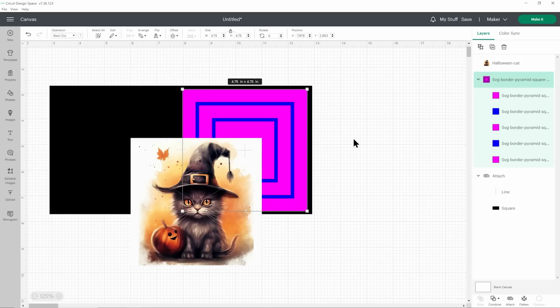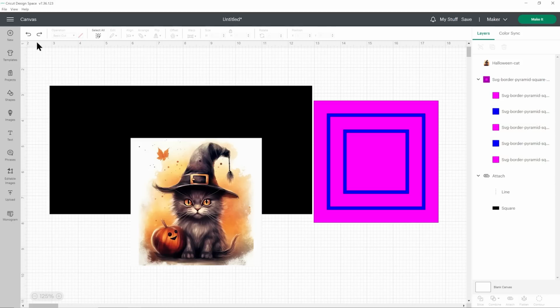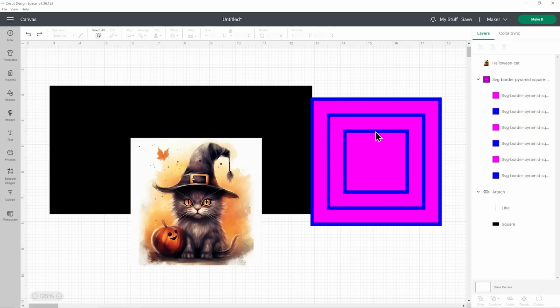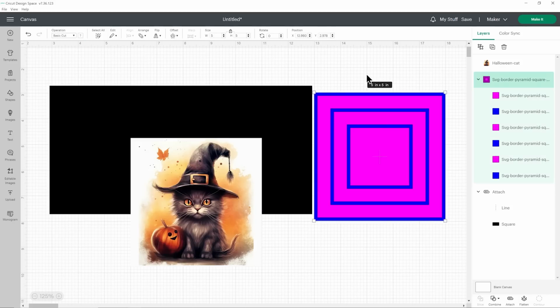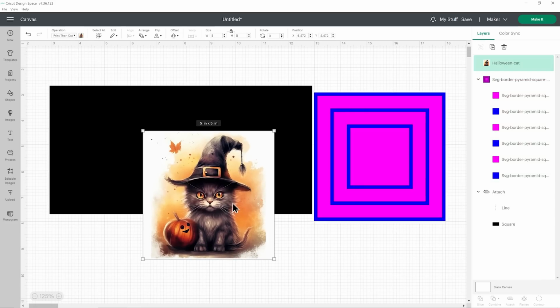However, I think I'd quite like to add a different colour for my borders. Maybe a glitter silver would look nice with the colours that are in the cat, so I'm still going to include that. And I've coloured these to kind of come up with a little rhyme to help remember. So I've got blue is border, magenta is middle. So B for border, M for middle. And middle means it's going to be a printable picture.